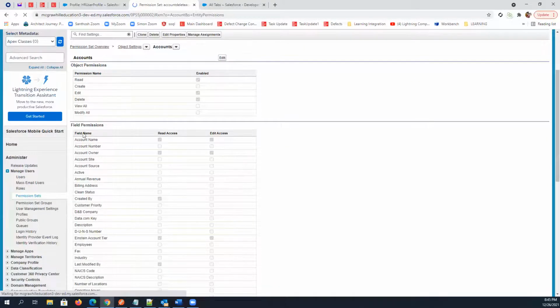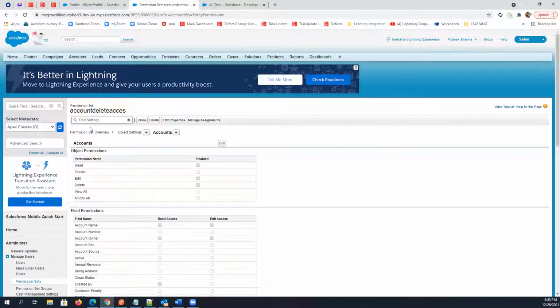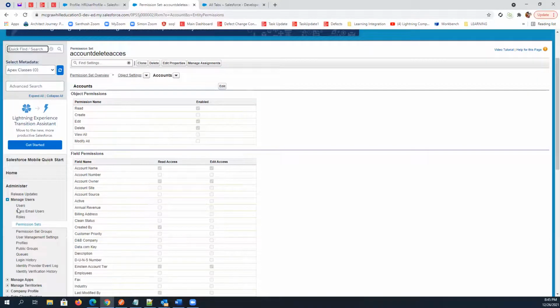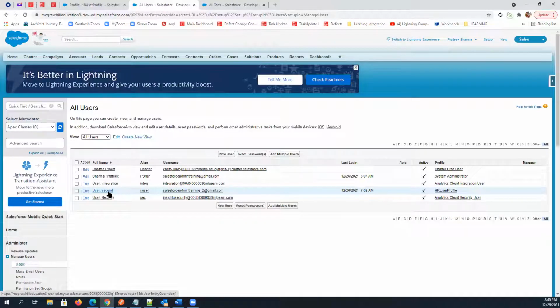Okay, so we have created this permission set, but it is not yet assigned to a user, right? So we have to assign this permission set to a user. So what you need to do is you just need to go to user again. Either you can type or you can simply go from here. Now we have this second user as well, right? You can simply open it